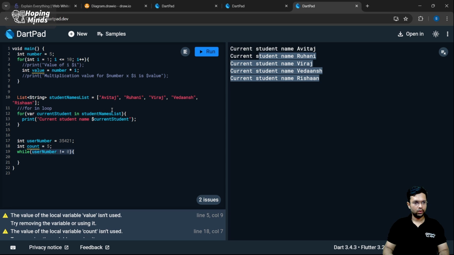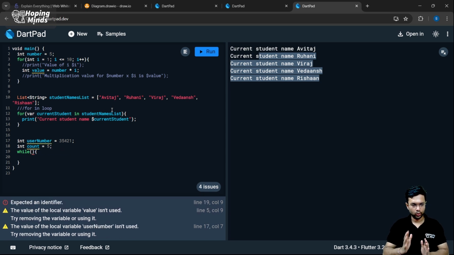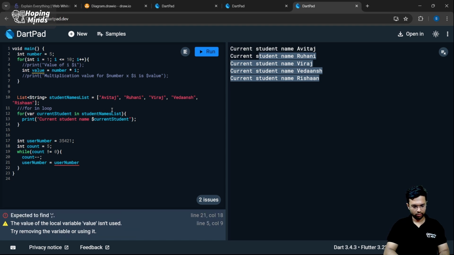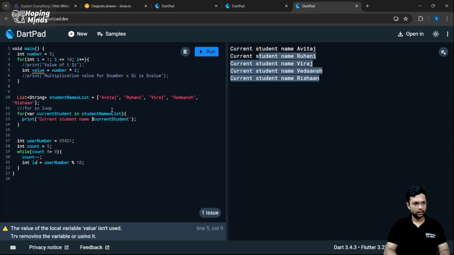Why 5? Because I'm going to manually just know the number of digits that my user number has. Presently it has got 5 digits. So I'll put count not equal to 0, and the moment you enter inside the loop, I am going to do count minus minus. So basically what do I intend to do? I would want the user number modulus 10, or in fact I can just rename this to int last digit is equals to user number modulus